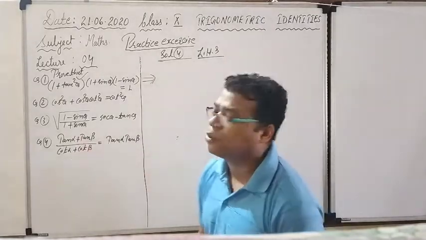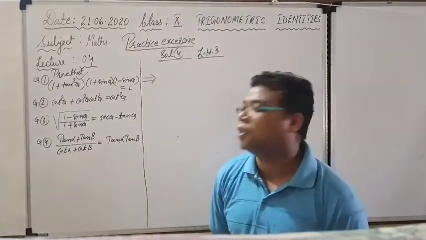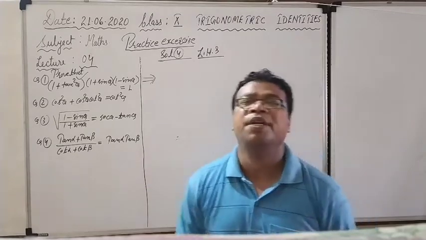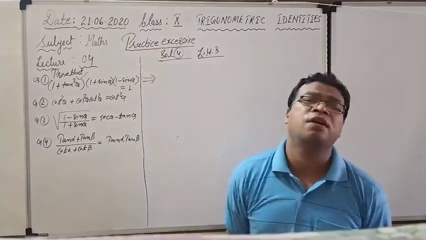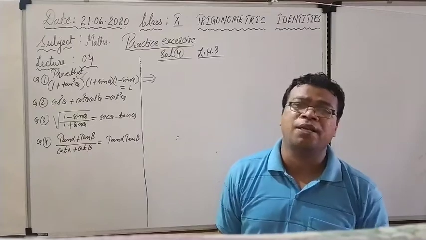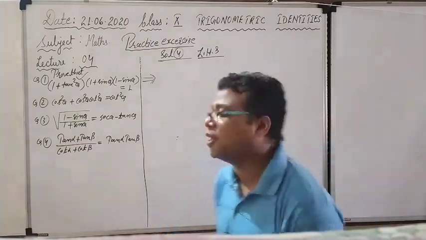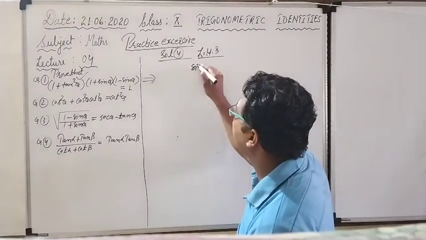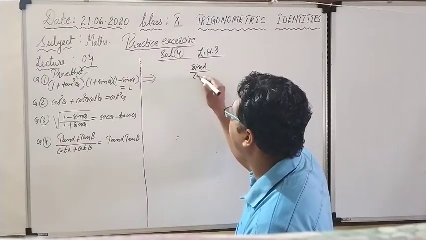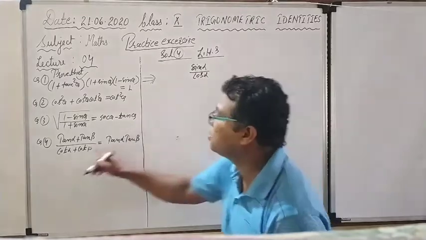Tan alpha, whenever you are given tan alpha and tan beta, and in the form of cot, and here tan alpha into tan beta we have to prove. So what is the logic here? Actually all the formulas are in terms of sin theta and cos theta. So we have to represent in the form of sin and cos. So tan alpha we will write as sin alpha upon cos alpha, we will bring it in the form of sin upon cos. And this is the sign.